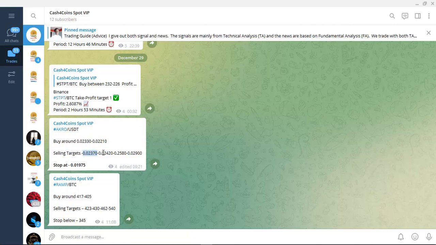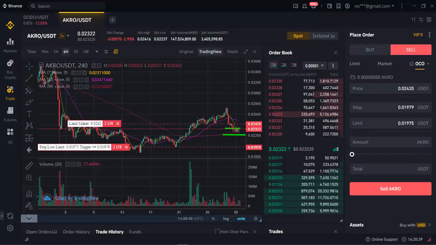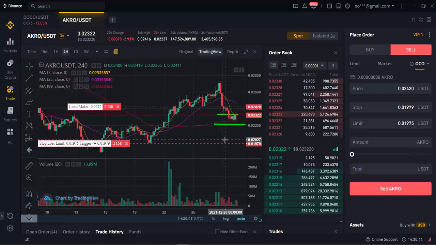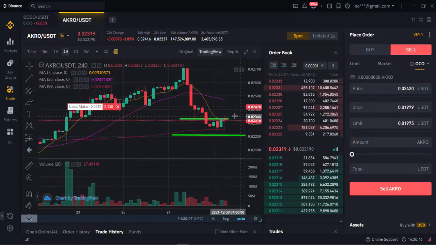I hope it doesn't get here quickly, so I can show you how you can adjust your stop loss by securing some profit. Now let me see if I can show you an example before it gets higher. So this is